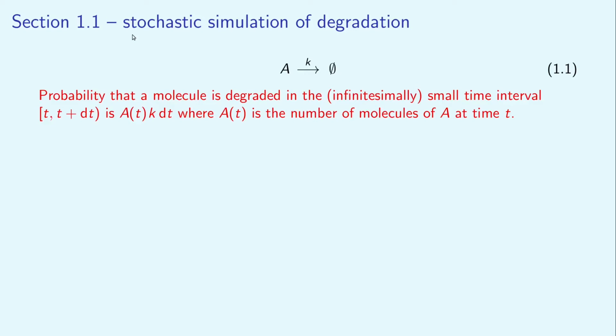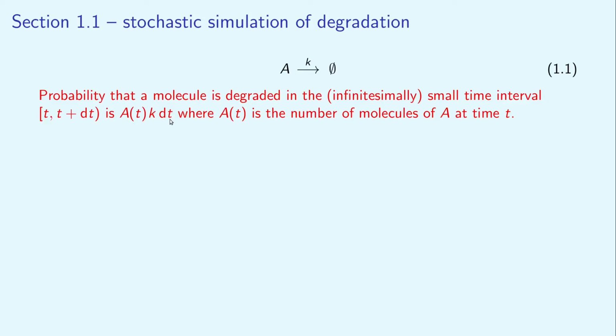Next, we will discuss stochastic modeling of degradation. In this case, we describe the state of the system in terms of the number of molecules of chemical species A at time t, denoted by A(t). So A(t) is a non-negative integer. Then this chemical reaction R1 can be defined in terms of this probabilistic definition highlighted here in red. The probability that a molecule is degraded in a very small time interval [t, t+dt] is A(t) times k